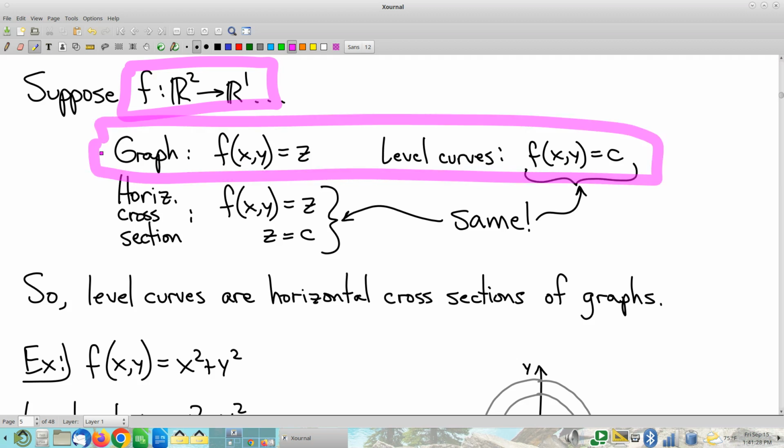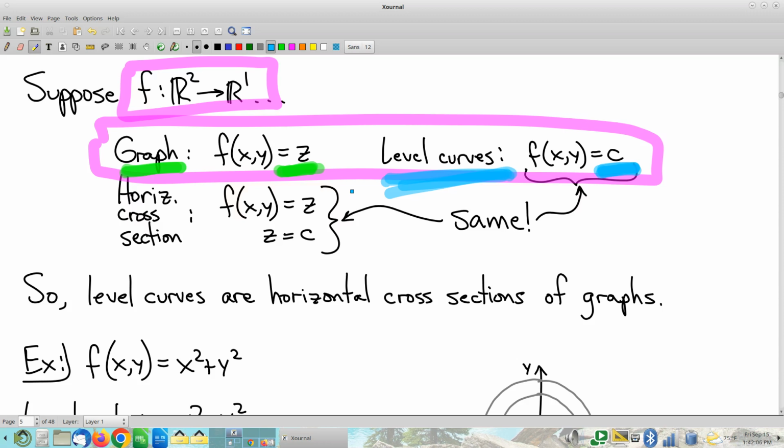For a graph, we set the function equal to a new variable. To make a level set, we don't. There is no new variable introduced at all. We just set the function equal to a constant, eventually several constants. So it's totally different algebra. And again, this idea that you have to set the output value of a function equal to a new variable, no you don't. We really don't have to. Okay, so two different pictures,